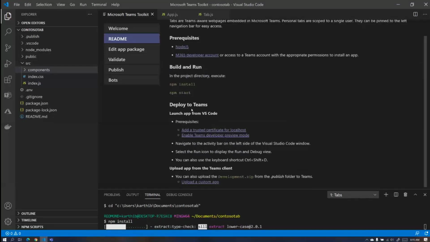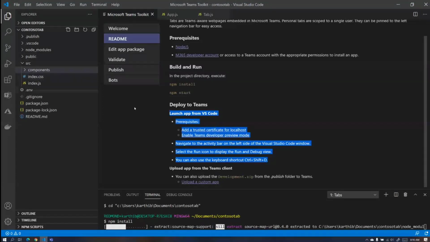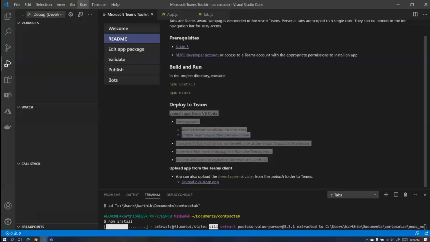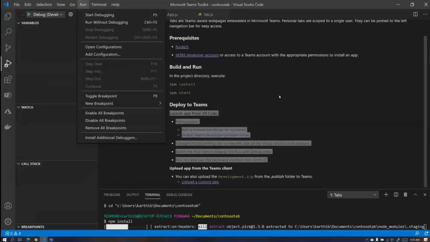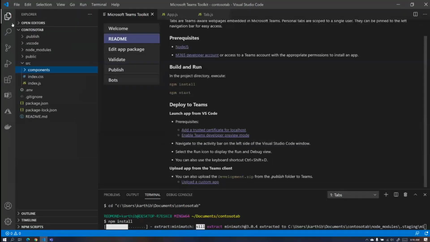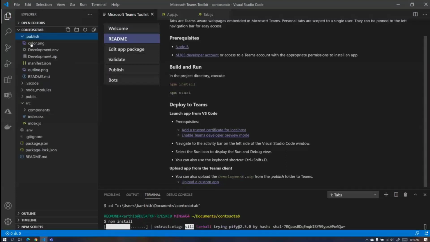developing your personal app. The one problem I will go over right now is that launching your app directly from Visual Studio is currently broken, unfortunately. Apologies. So normally, once you do everything you need to do, you simply go to this debugger button and hit run, start debugging, or just press F5, and your app will get sideloaded, launched to your Teams client automatically. That's not supported right now. So you're going to have to do it the old-fashioned way, which is not too much of a pain. You just need to make sure that you get the zip file from this publish folder and upload it to